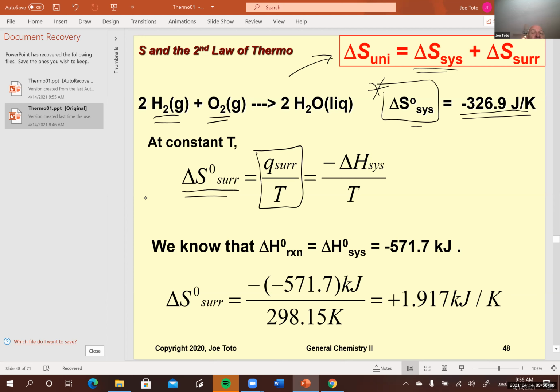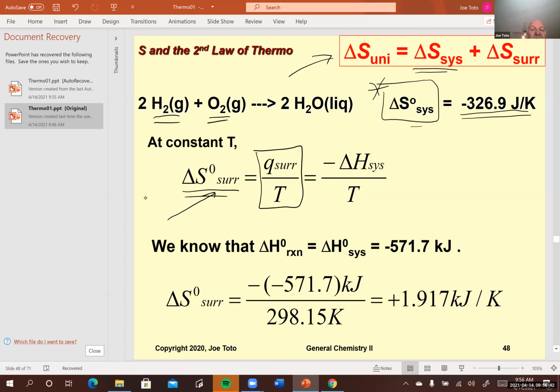You know, if you mix two chemicals and it's exothermic, there's heat given off, but the temperature of the lab doesn't change from that heat. It's negligible. So it's a constant. So we can employ this delta S surroundings in a lot of our examples because of the fact that the temperature doesn't change.